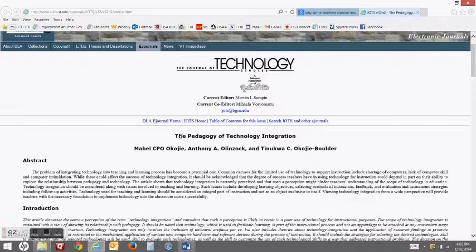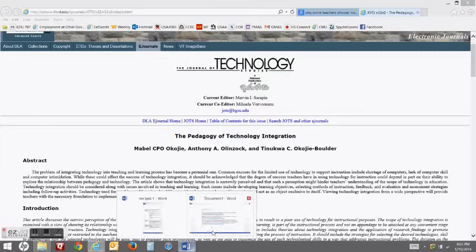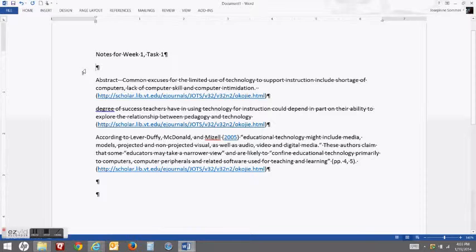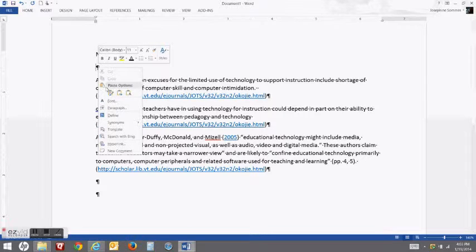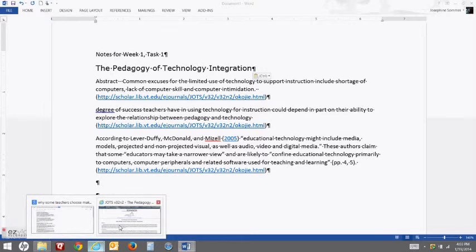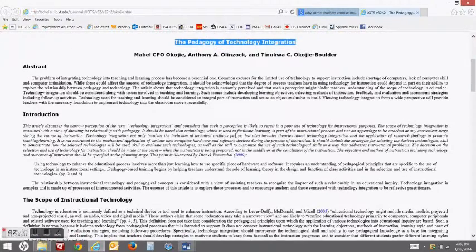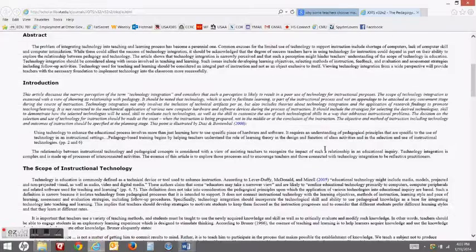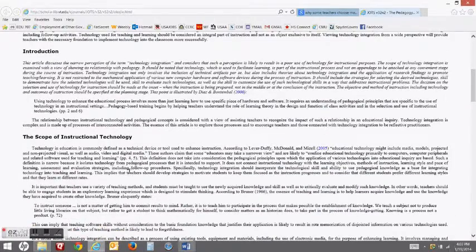So I'm going to go back and copy the website or the title of the article, and then I'll go back and paste that also. Okay, so back to the article to do some more reading, and let me see, we were down here.